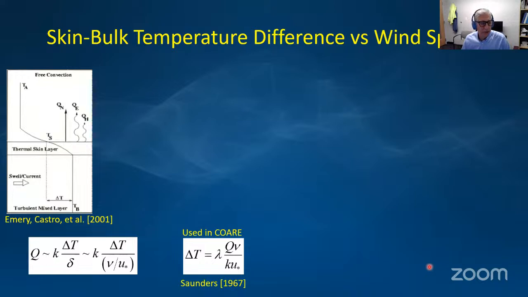So the cool skin effect is an effect that occurs at any air-water interface. Shown here, at the ocean surface under quiescent conditions, turbulence is suppressed near the boundary layer, and you have a thermal boundary layer where there's a gradient of temperature to support that heat flux primarily by conduction. This can be appealed to a scaling of Fourier's law that led to Saunders' classic formula for the bulk skin temperature difference being proportional to the net heat flux and inversely proportional to the wind forcing through the friction velocity.